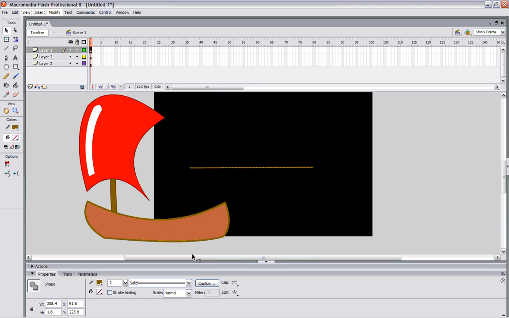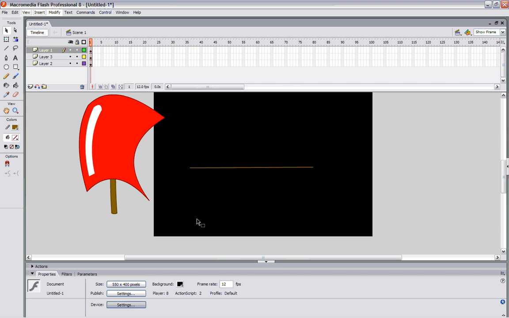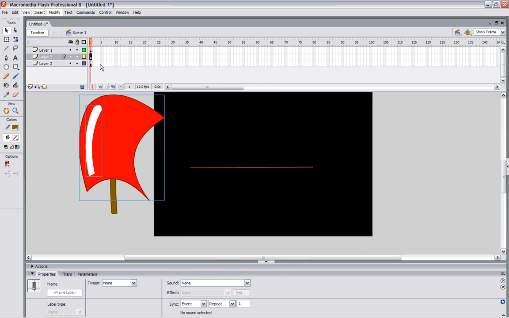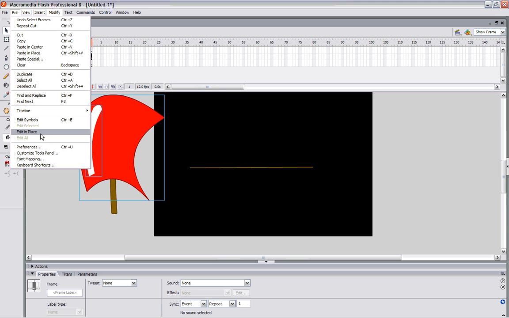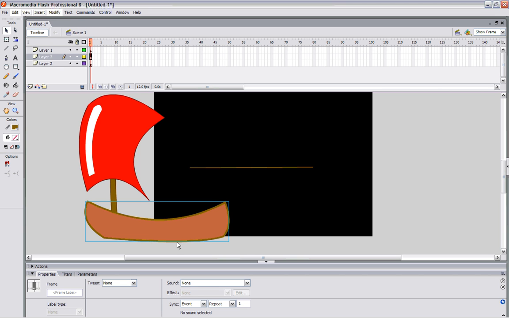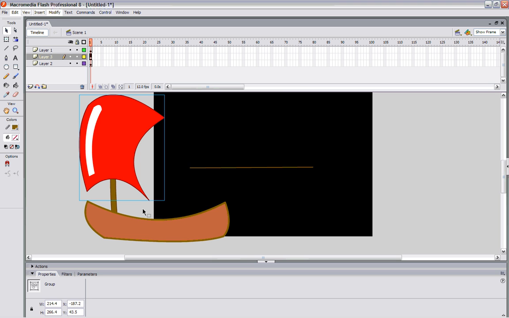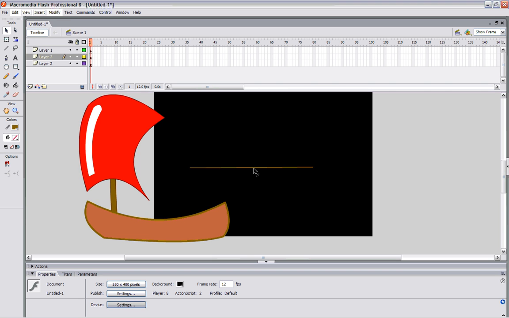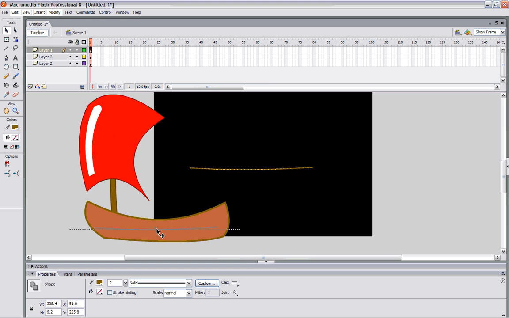Here's the line. It's still going to be on the same layer as my boat, and the boat is going to take precedence over the line. So I have two options. I can cut the boat out, go back down here to layer 2, hit edit, paste in place, and now I have my boat and the sail on the same layer. Oops. I want to bring this over, put it here. Now I can come in here